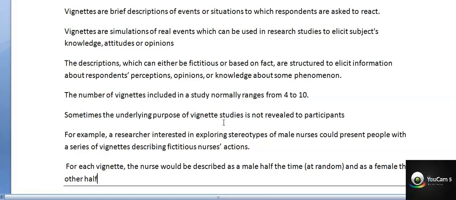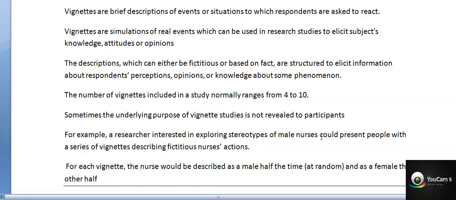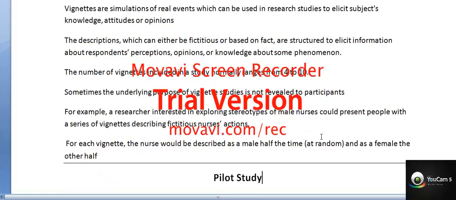Sometimes the underlying purpose of vignette studies is not revealed to participants. This is very important. You don't reveal the purpose of the study, because once you reveal it, automatically the Hawthorne effect happens. If you know that they are going to observe this part of the story or this part of the drama, then automatically your idea changes. For example, here I have given an example of a researcher interested in knowing the stereotypes of male